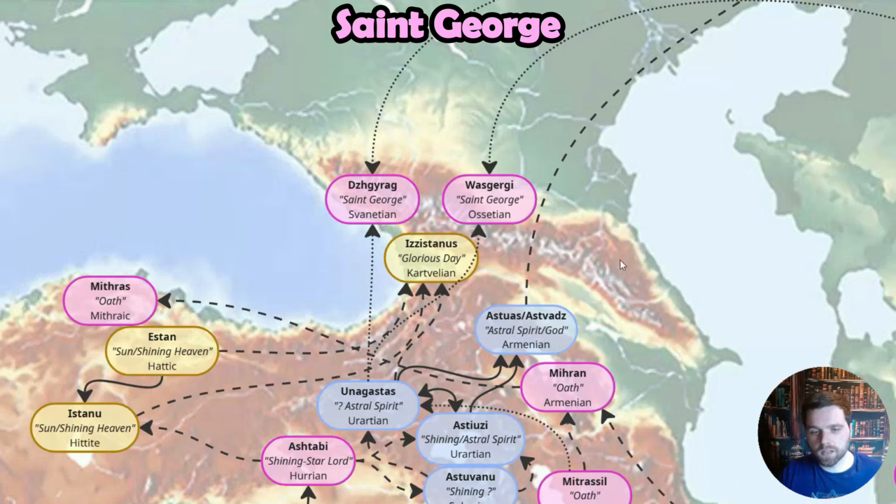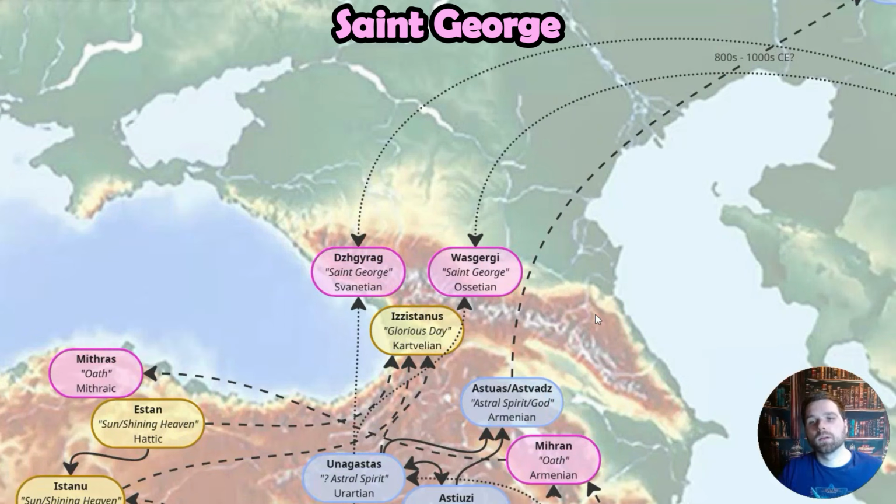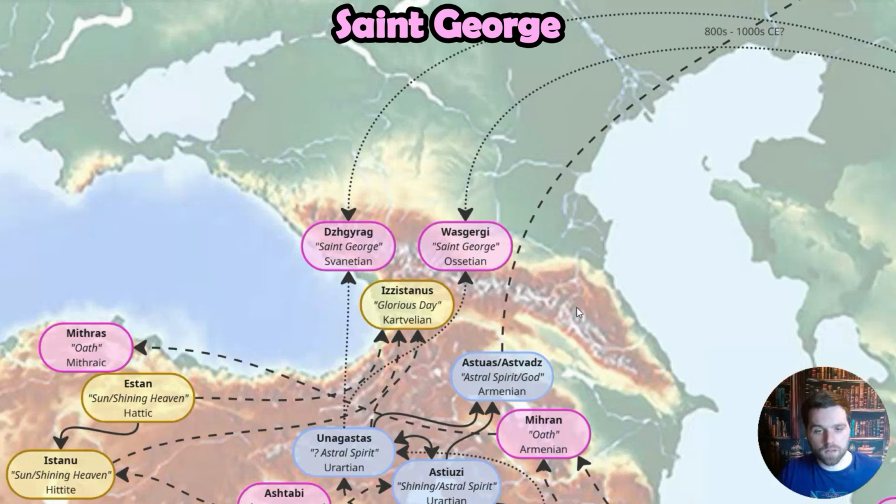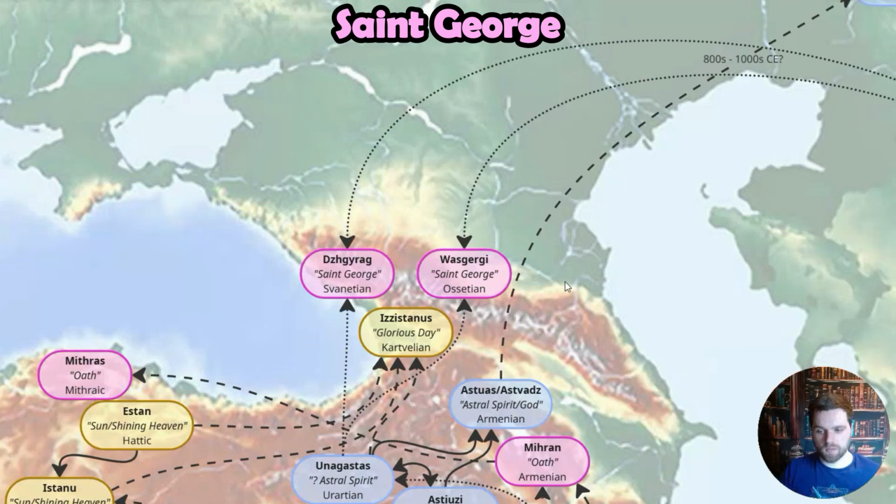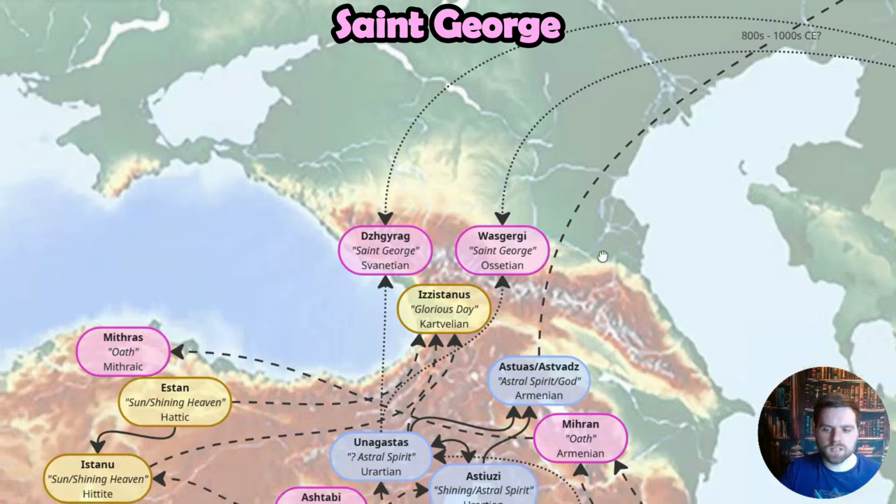Another outlier in the Caucasus region is the later medieval Christian hero, St. George, namesake of Georgia, is hypothesized to have many aspects of Mithra, being a white horseman, heroic figure representing covenants and oaths, and something of a heavenly warrior of righteousness and justice. Some of his names, Wasgirgi and Dizrag in Svanetian and Ossetian, is a Scythian language, by the way. Svanetian is more related to Kartvelian.